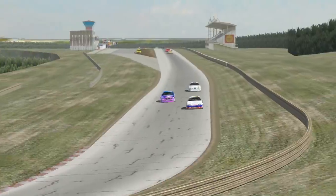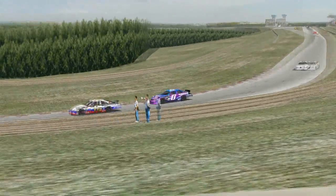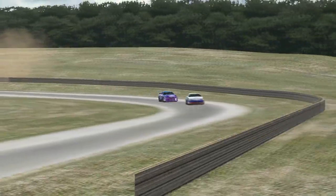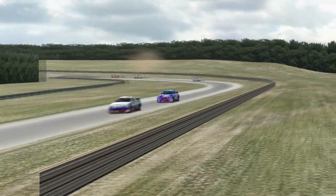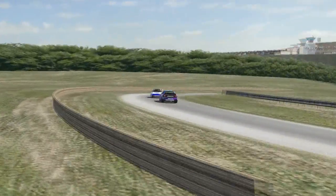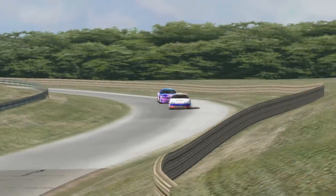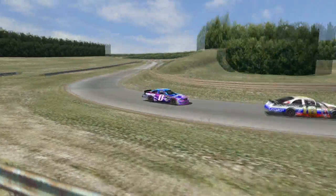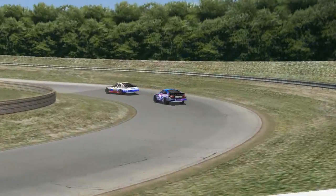Perhaps feeling bad for him. This is the battle for 4th place now. And the 16 car of Isaac Kowalczyk is really struggling. He hasn't been able to match the pace of his teammates despite qualifying second. I guess his race pace isn't quite as good as his qualifying pace, but the 0 car is absolutely flying